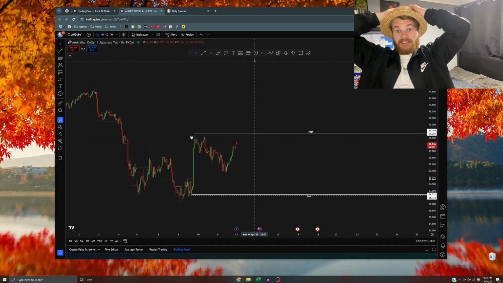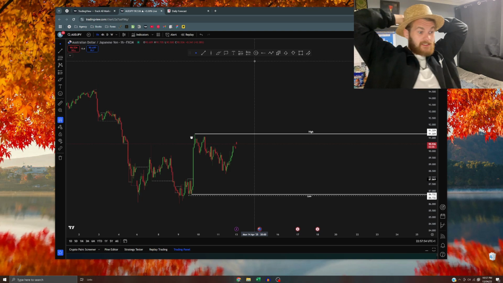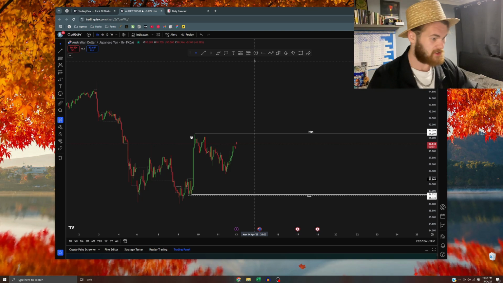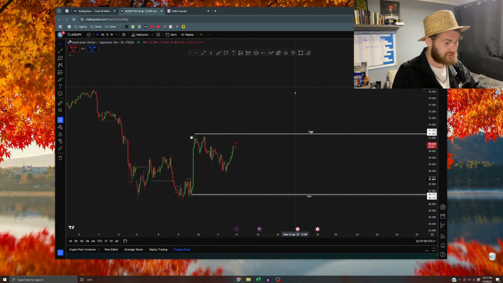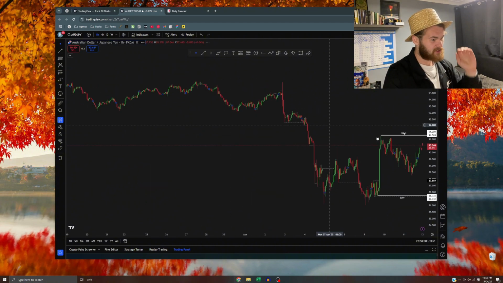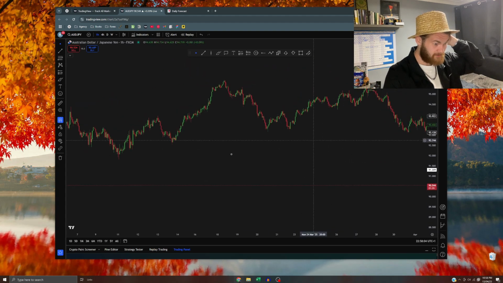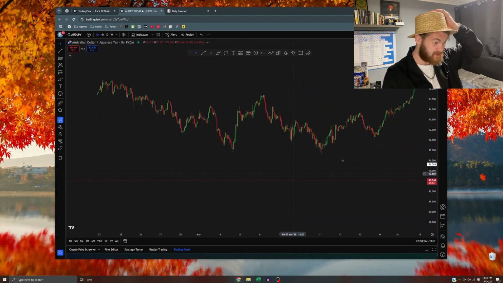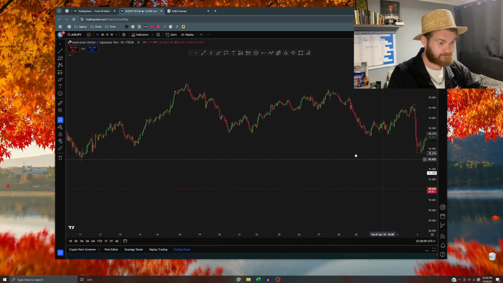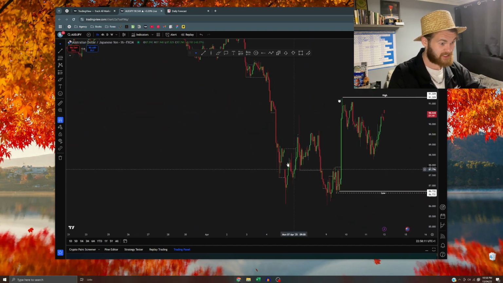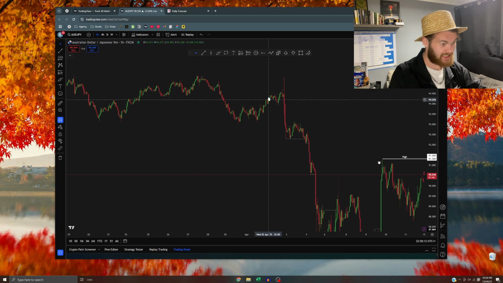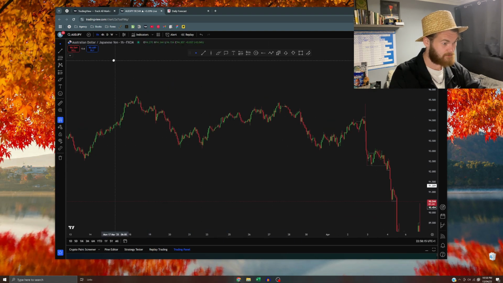Just be especially patient during these volatile and uncertain times. So anyway, this is AUD JPY. Very volatile, very spiky. We have been range bound as well, but it's been volatile, spiky and uncertain. There's been some movement, especially recently. We can see how big these candles are recently compared to before that.